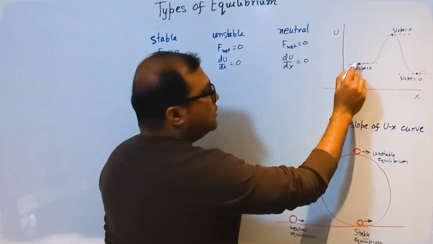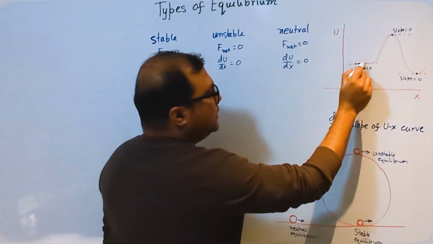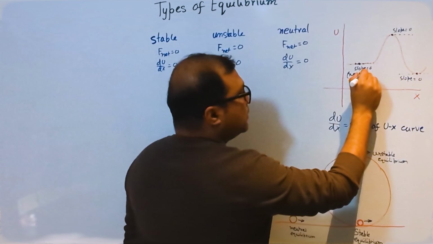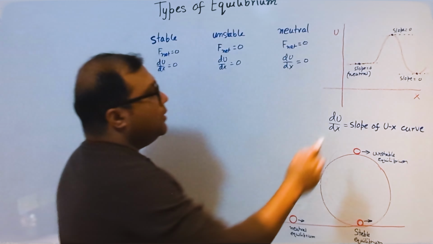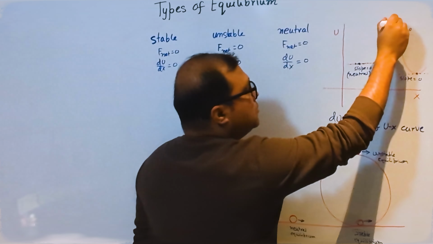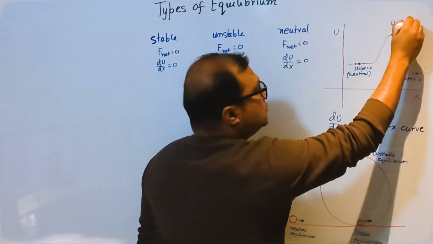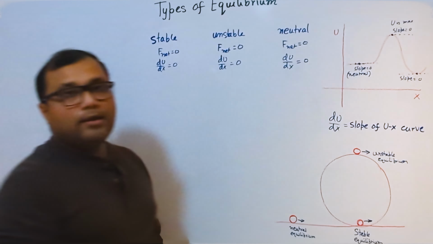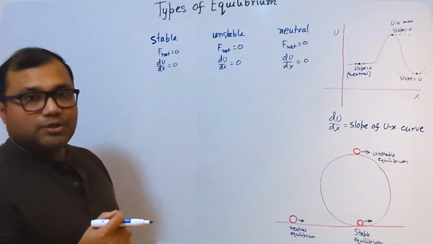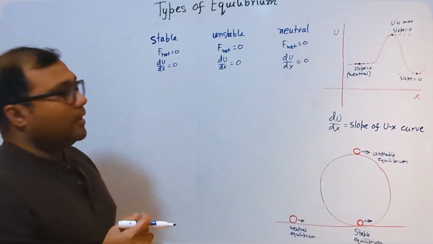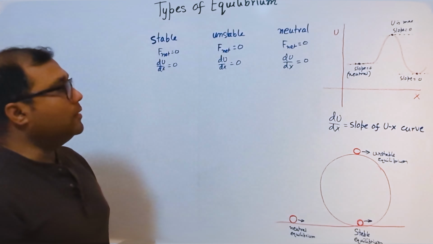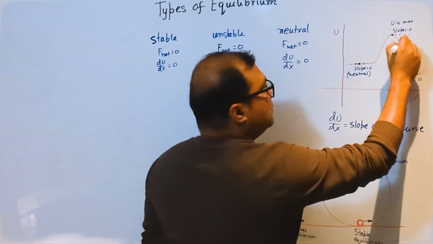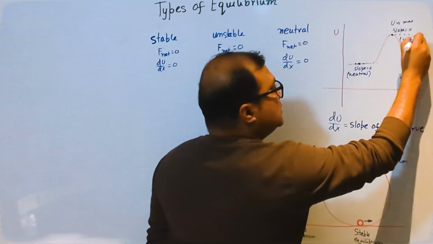Here, because potential around this point is roughly the same, this corresponds to neutral equilibrium. Here, potential is maximum, U is max. So although this is at equilibrium, a slight change in position will decrease the potential of that body, and every body wants to be in the minimum potential area or wants to acquire minimum potential. So this equilibrium is unstable equilibrium,